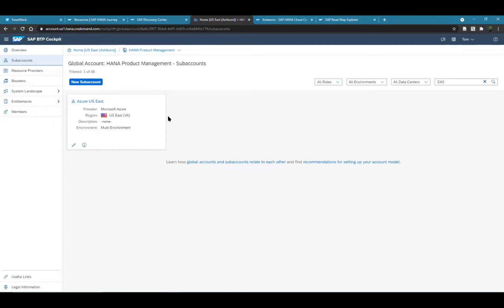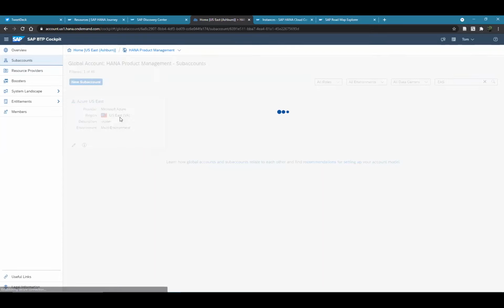You can have sub-accounts. I'm just showing one here, which I've called Azure US East because it's running on Azure and it's in the US East data center. So each sub-account is associated with a particular cloud provider and a particular region. If we go into there,